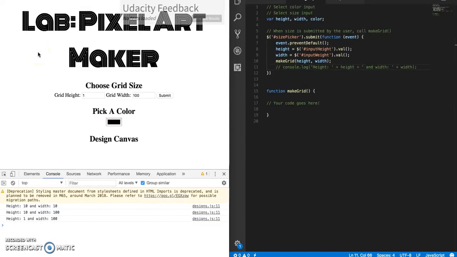All right, so let's start with our make grid function here. First thing I'm going to do is add some parameters. So remember how we passed in height and width in here? So we need to define those parameters here. So I'm just going to call it X and Y. And first things first,